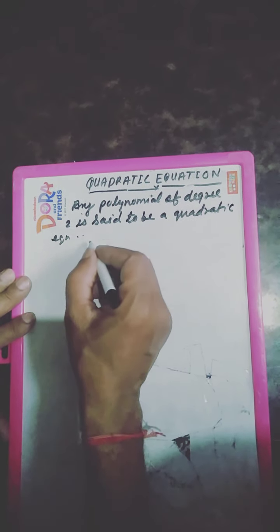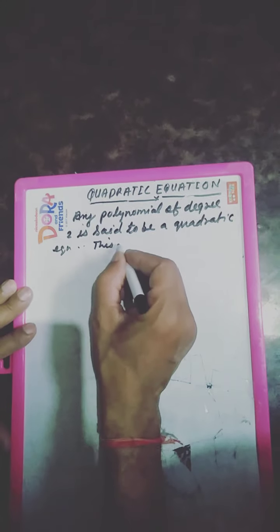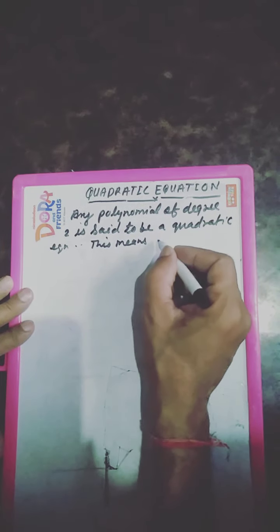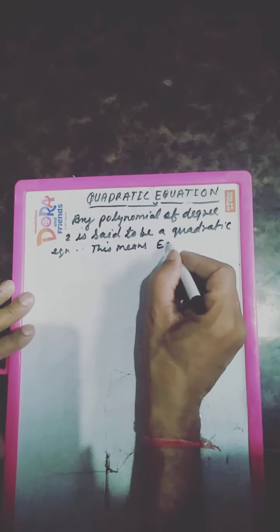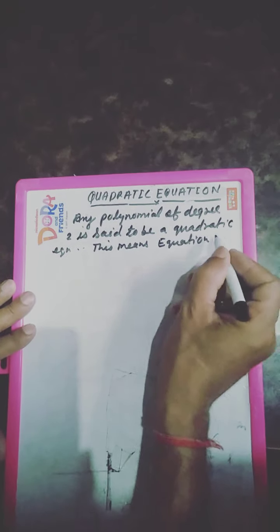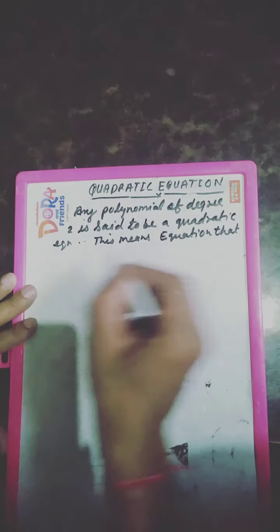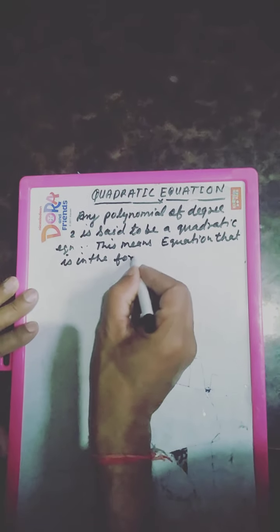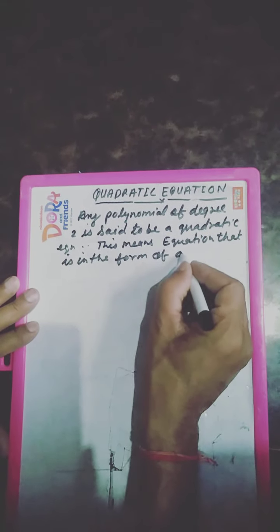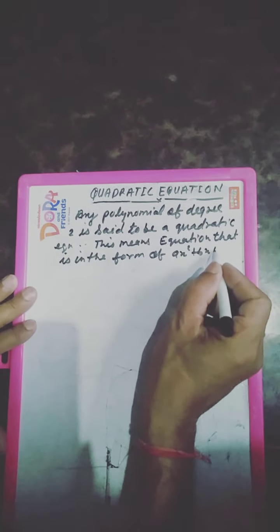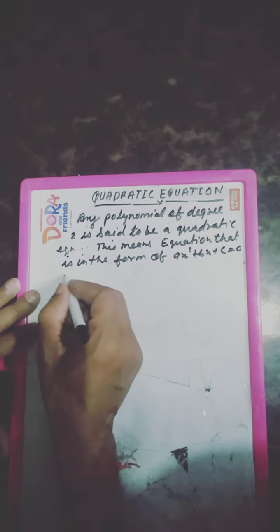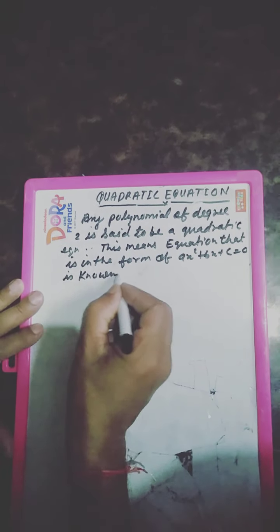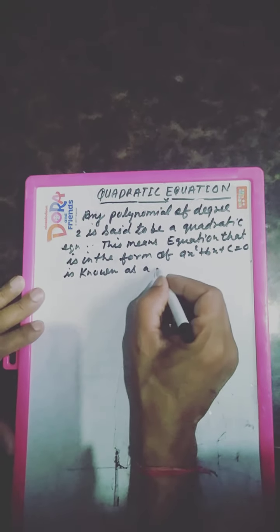This means an equation that is in the form of ax square plus bx plus c is equal to 0 is known as a quadratic equation,